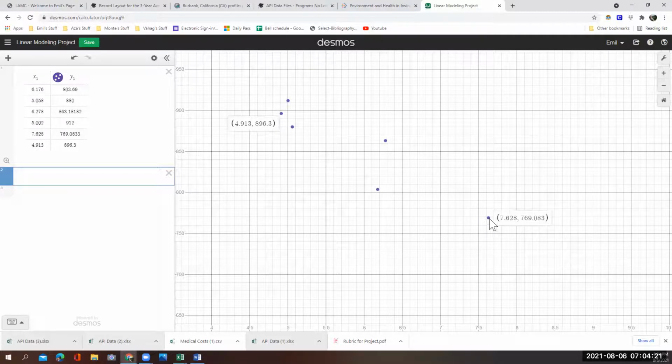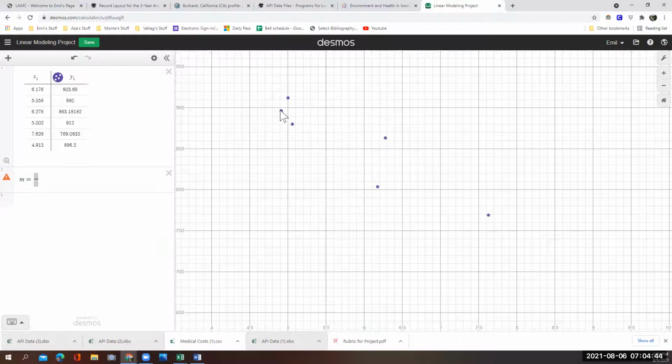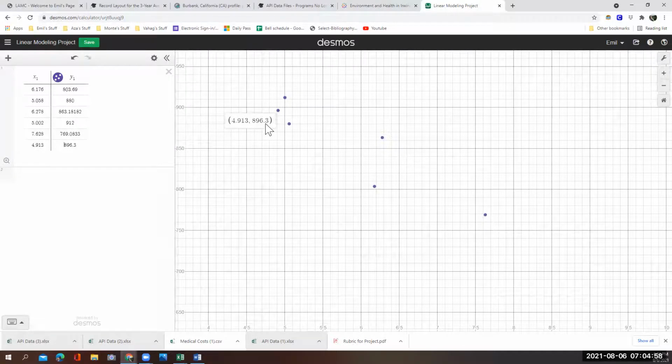Desmos. So the equation is y minus y1 equals m times x minus x1, right? You can actually type the formula within Desmos. You can say m equals, and then you hit the / button, and then you need to enter these. By the way, the points keep disappearing here, but I think there's a way to get them to not disappear. Maybe not. Because this is a scatter plot, 4.9, it won't let me. Maybe I can